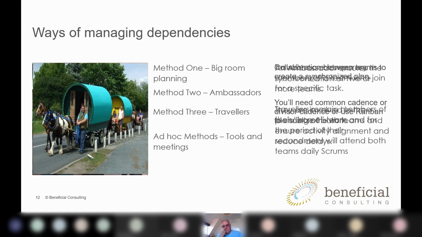So that method 3, I quite like. It's low cost. It's quite high impact in terms of making sure that both teams are operating efficiently, both the widget team and the order processing team. I quite like that as a mechanism to deal with it. And it means that you don't necessarily have to get everybody into the big room planning event, which is incredibly expensive when you look at it.